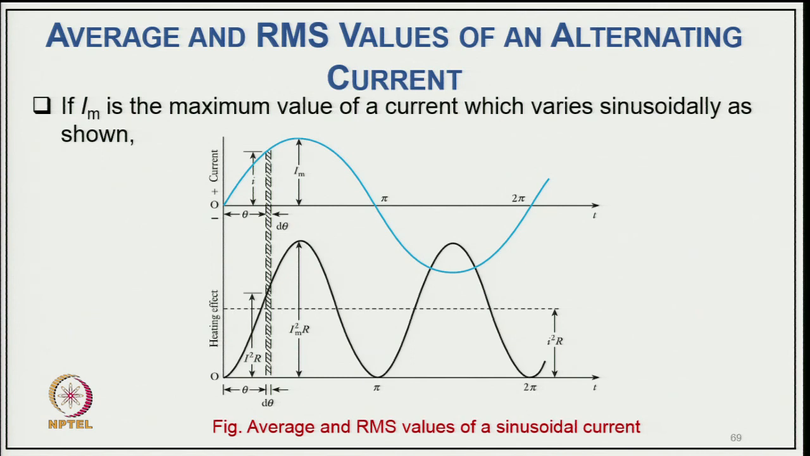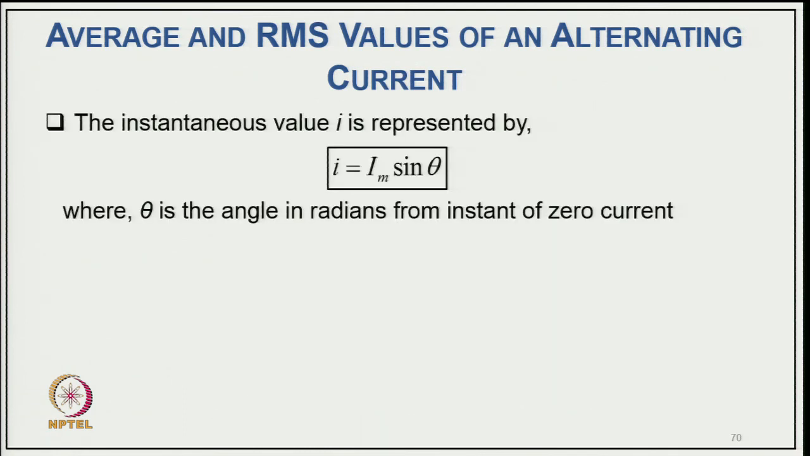And if Im is the maximum value of a current which varies sinusoidally, you can see the sinusoid, and the RMS value of this sinusoid, caused by the heating effect, will be the average of I squared R, with Im squared being the peak. So, we can say the instantaneous value I is represented by I equal to Im sin theta,